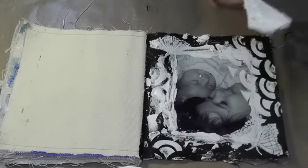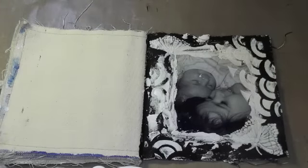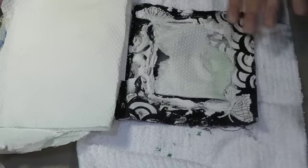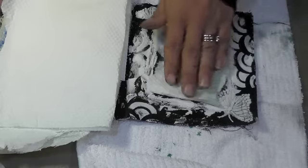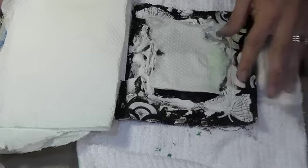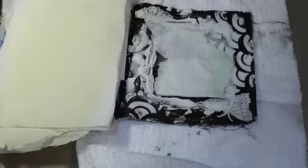Fabulous. So now that's done, what I want to do is I just want to dry this really quick and then come right back. Okay, now that it's fairly dry, I just put a little piece of paper towel over top of my photos so that it doesn't get wrecked. And I might be removing it a little bit, just moving it around so that I can get those edges of the butterfly. But for now, I just don't want the middle of it to get sprayed,